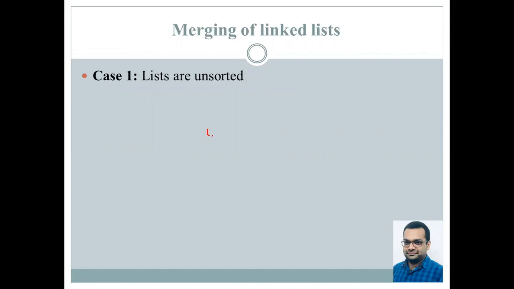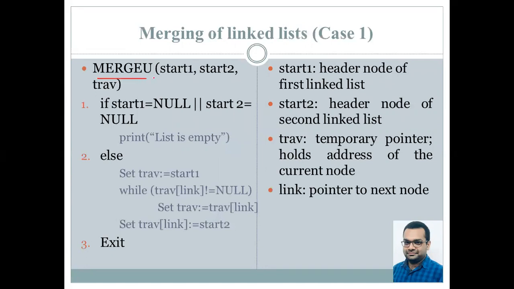Where we are given two lists L1 and L2, we have to simply keep on going from the starting of the first node till the end of the list L1, identify the last node, and we have to simply append the L2 at its end. And our whole list L2 will be intact. So let's see how. We have called our procedure merge U. U stands for unsorted. We have considered two linked lists over here as an example.